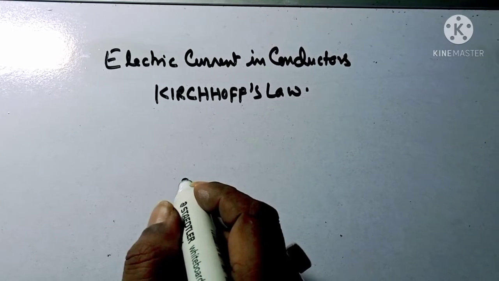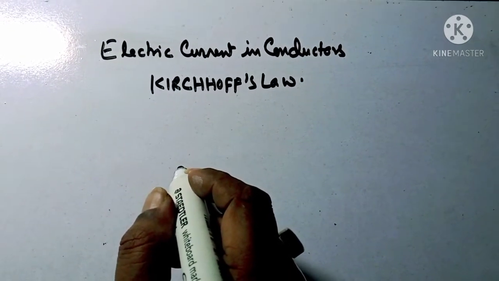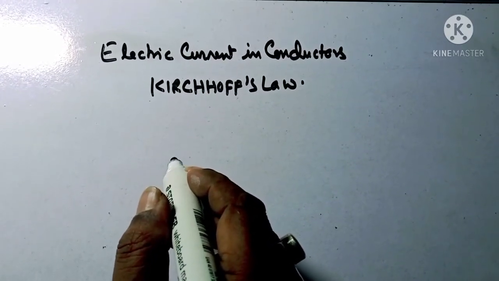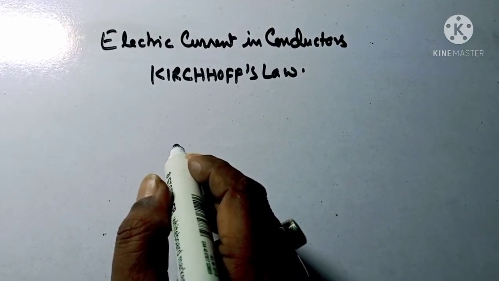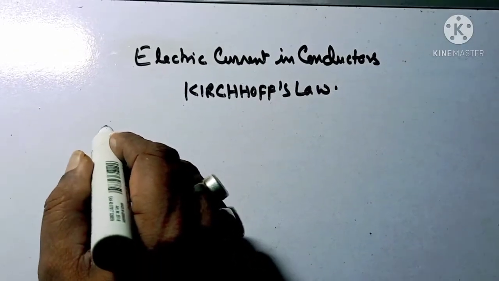Electric physics. This is electric current in conductors, Kirchhoff's law. I'm going to deal with it. I'm going to solve some problems, and when I solve these problems, you will see it becomes very easy for you to solve any type of electrical circuit. The first question is